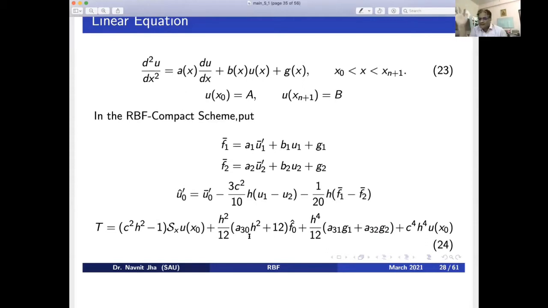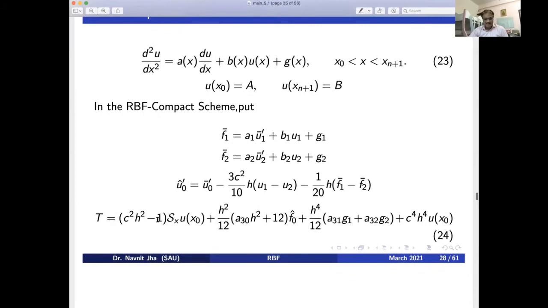the second order linear equation. How simple a formula, just a four line formula, you have got with a fourth order scheme. Now, I have denoted this whole expression by T. Here basically in equation 24, the right hand side comes out to be order h6. Now, for solving this, I am going to neglect the order h6 term. When you neglect it, you have got an approximate scheme. When you do not neglect it, that is basically the exact scheme.